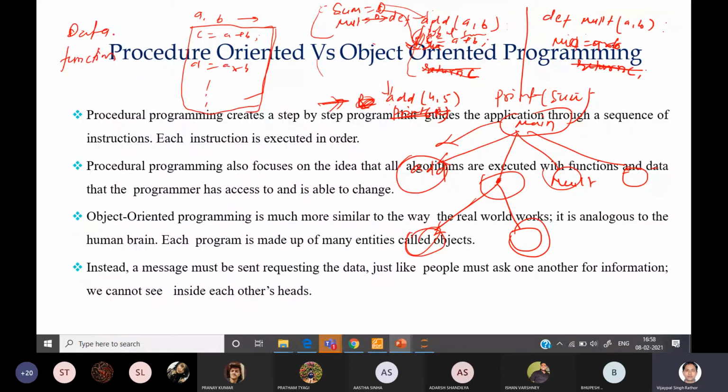If you want to restrict the access of this data in some other function, and we want to allow the access of this data in some specific function, like there are different functions f1, f2, f3, f4, or there are two data members d1 and d2. D1 is only accessible with f1 and f2, and D2 is only accessible with f3 and f4.